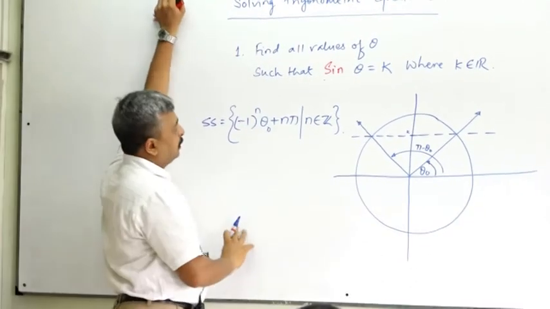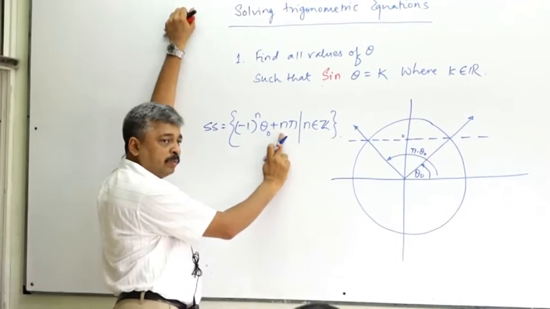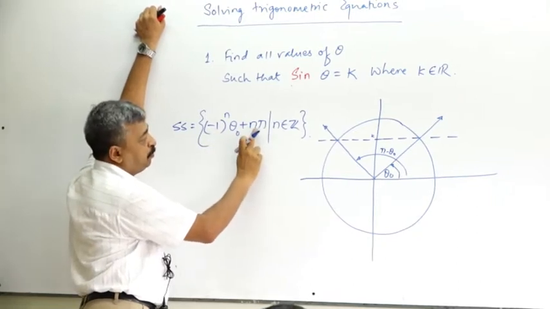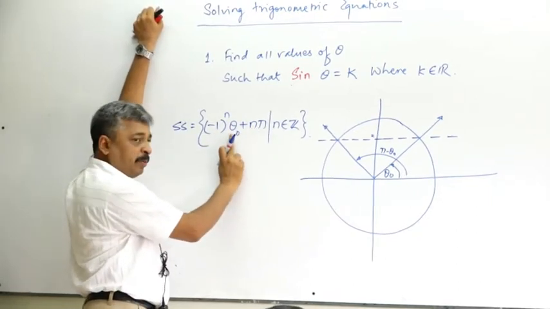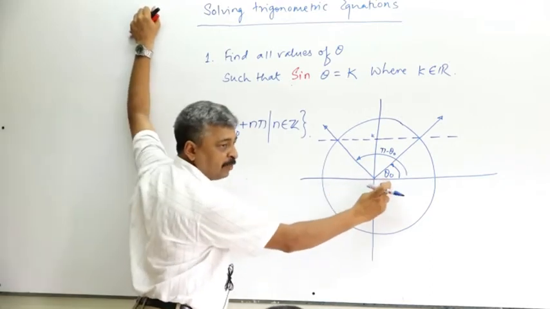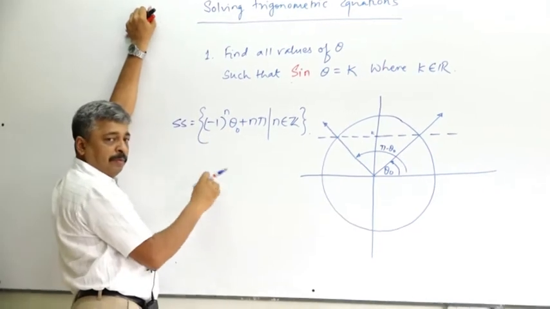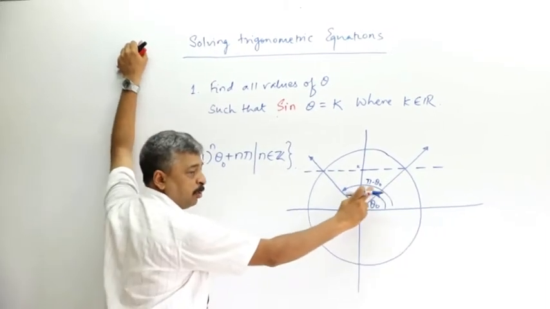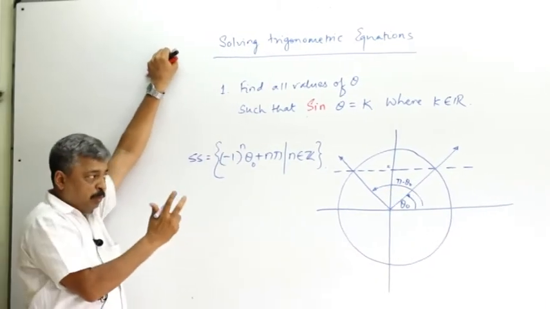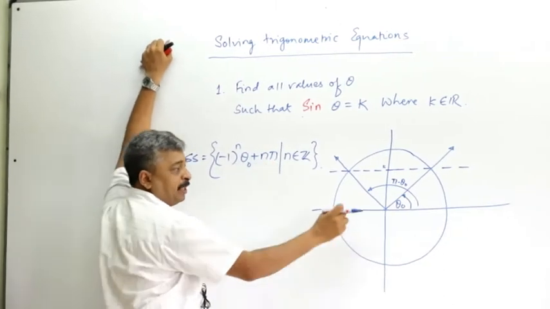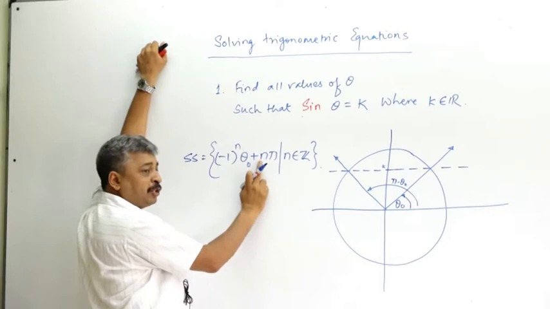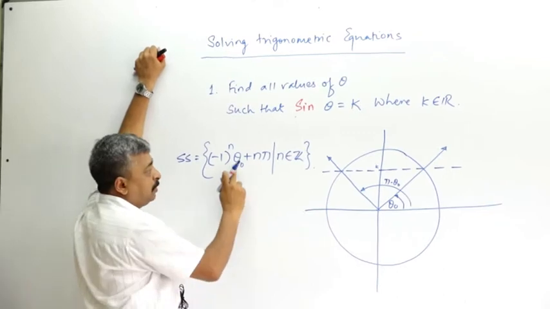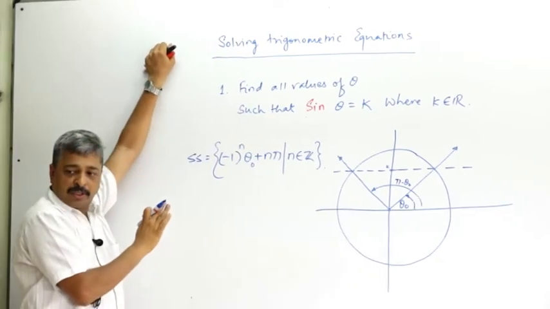Now let us understand. Suppose n is 0. What is -1 raised to 0? 1. Therefore, this n pi will be 0 and answer will be theta naught. That is what is this answer that we got. Suppose n is 1. Then pi minus theta naught. That answer also we want. Suppose n is equal to 2. 2 pi. That means positive x-axis. So n is 2. So this is positive, even. -1 raised to 2 is +1. Theta naught. At that time also we want positive theta naught.